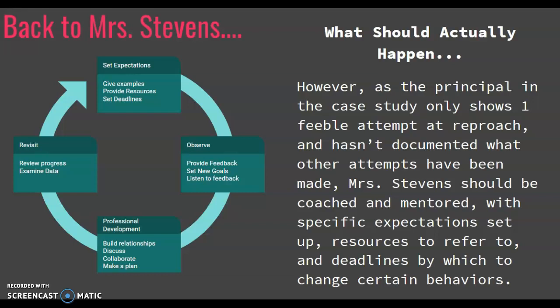But I think in this case she should be coached and mentored, possibly with a clause on that contract. Again, I work in a parochial school where we have the freedom to do things a little differently, but we could leave a spot that says up for renewal pending next observation, or something along those lines that allows us some time to address the needs of the students and the needs of the teacher and come back and try again. Because I think right now she's unhappy. The principal doesn't seem happy with the decision and how it's going to go down. And most importantly, the students are going to suffer because she's unhappy. So that's really a key thing, and I think we're missing the boat there.